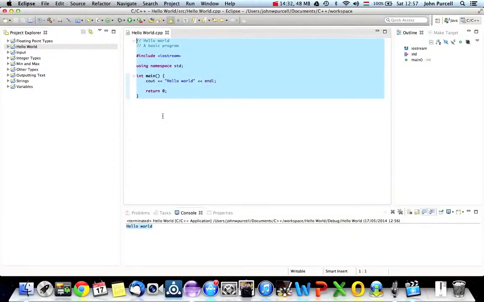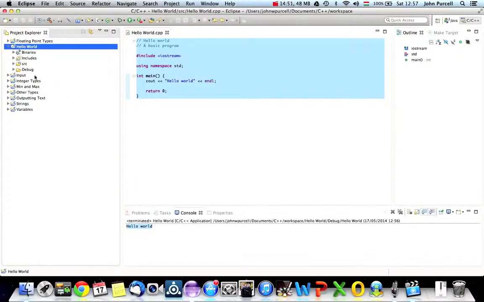One last thing that I want to do in this tutorial is we're just going to look a little bit at the structure of the folders and the files that the IDE has actually generated for us. And again, you don't need to memorize this. I'm just mentioning it to begin to get you familiar with it. If we expand Hello World here, we can see there's a debug folder. And by default, most compilers will generate a debug, actually, I'm not sure if it is the default, but certainly in this case we developed a debug